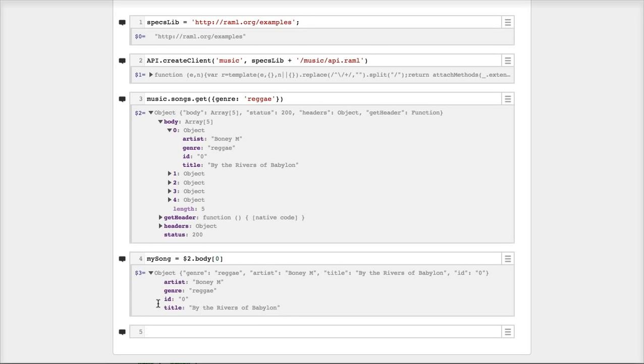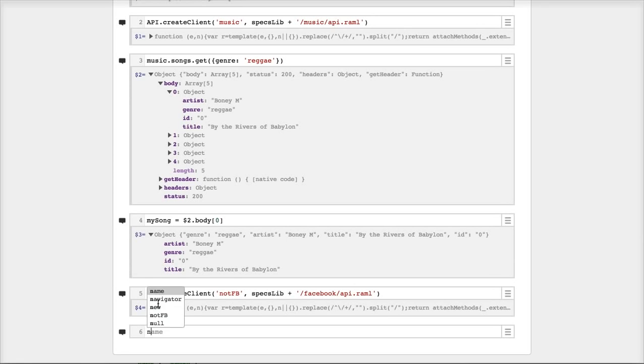Now, I don't have the OAuth 2 here all configured, so I've got a service that looks like a social network but isn't actually one. Let's go ahead and create a client for that as well. I'll call it not FB, and I will point it rather to my RAML file and create a client for that as well. And now